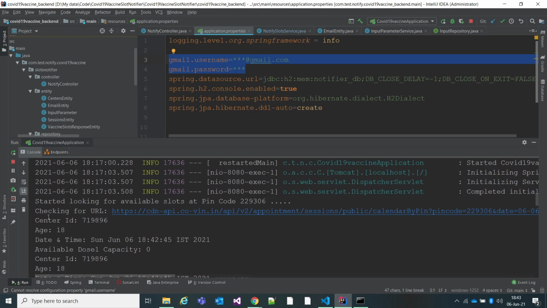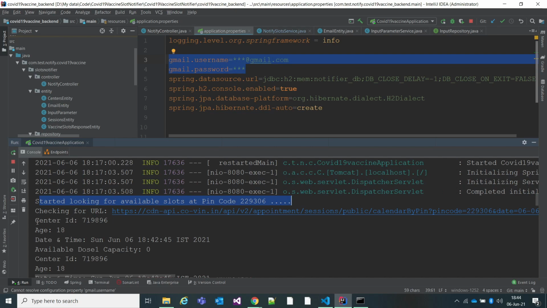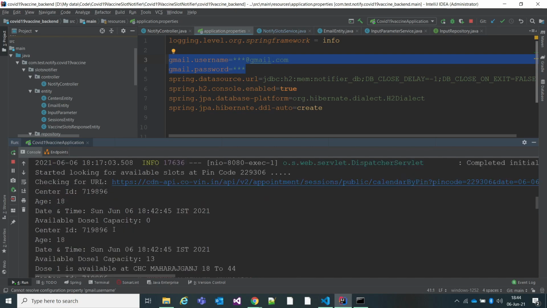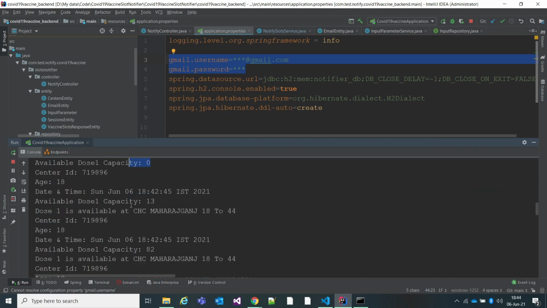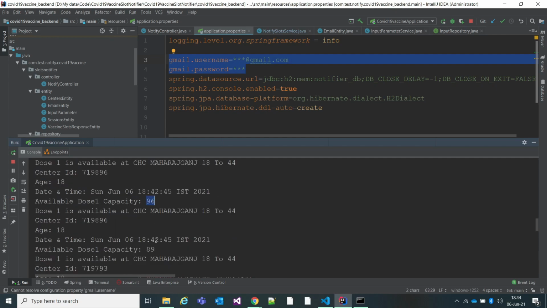This one says started looking for available slots at this pin code, and this is the URL I'm hitting. The result shows that for this particular age 18 the capacity is 0, and for this particular age there is 13 as capacity for this center, and see here 92, 82, 96, 89.